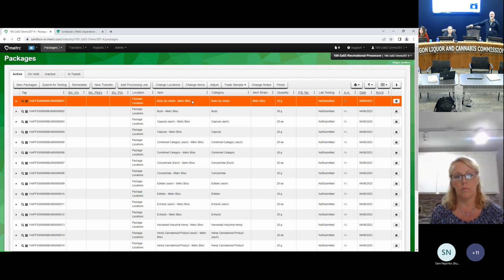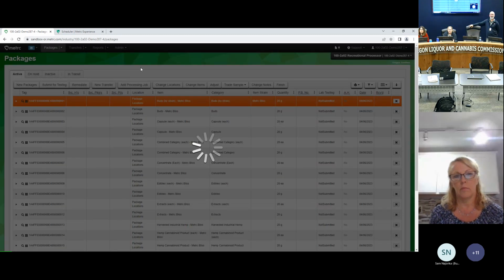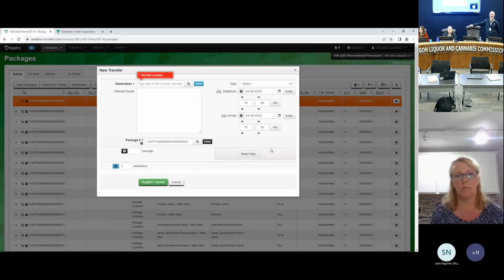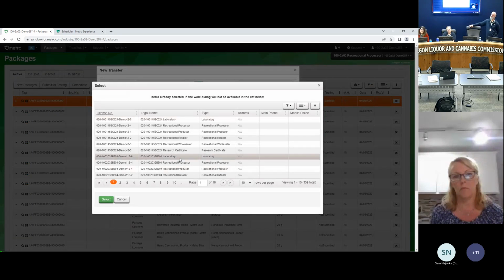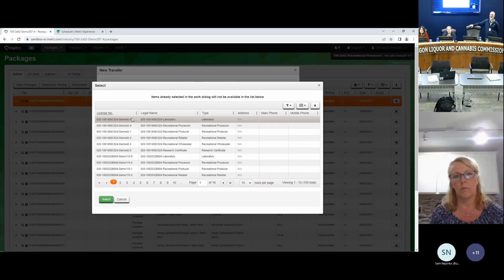Can you create a transfer manifest in one license type and receive it in another, so that you can do the whole process? Yeah, you can. You can create a transfer and you would select the licenses you would send to. Obviously, you're going to want to send it to the license you have, right? So you're not going to want to send it to this rando license because you're not going to be able to accept it. You're going to want to send it to, so I'm in